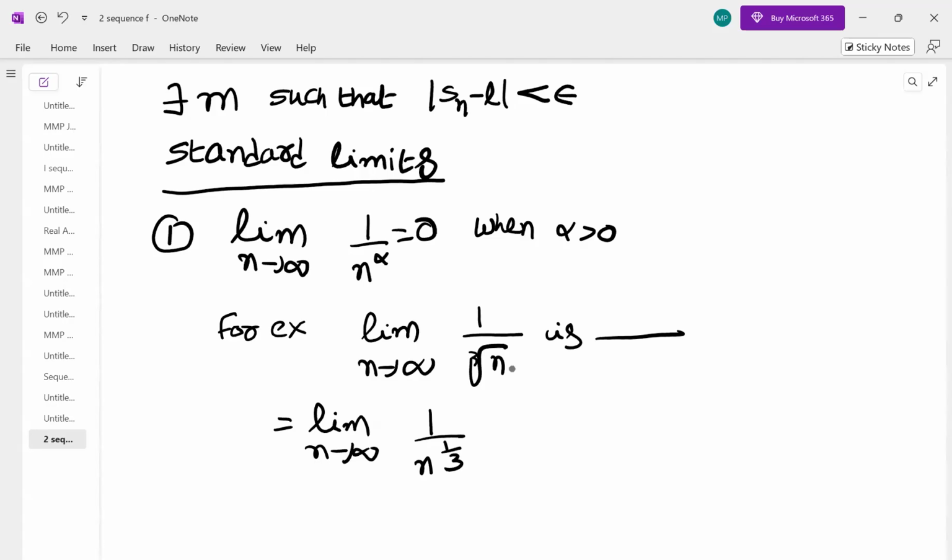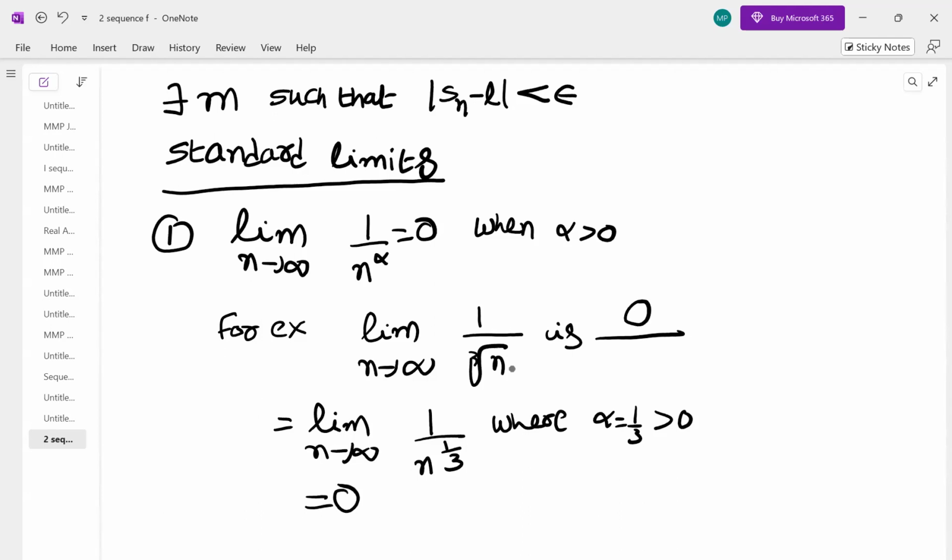This is in the form 1 by n power alpha, where alpha is 1 by 3, which is positive. Whatever the alpha value, whenever alpha is positive, the limit will always be 0